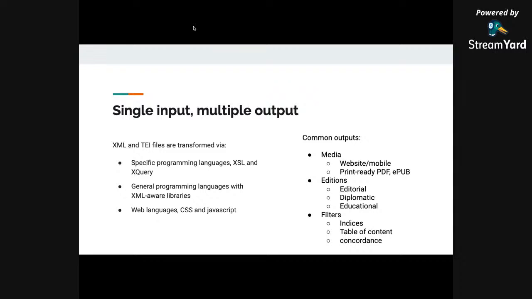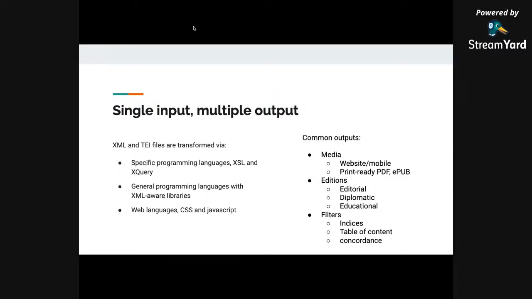Another option is to use web languages like CSS and JavaScript to extract and change specific bits of our XML. That doesn't necessarily work for all the indexing features, for example, that we might want in an epigraphic edition, but all three options are out there. They exist, they're quite well documented and represented. Depending on what we need, we can use a mixture of them, not necessarily stick to only one of these